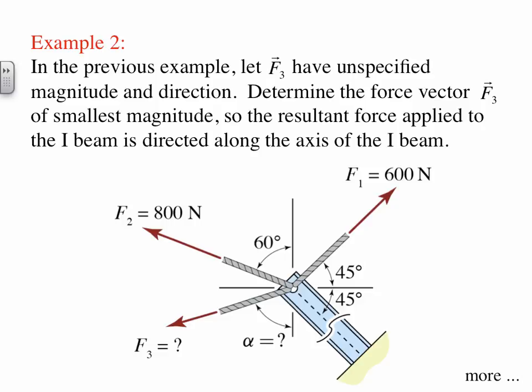When you see a problem statement like this, requesting a value that minimizes or maximizes something, you may be conditioned from calculus to try to find a function of a variable, perhaps the angle alpha in this case, take a derivative of the function with respect to that variable, and set the result to 0 to find the value of the variable that minimizes the function. While that might be possible, it is far easier in this case to construct a graphical solution using a force